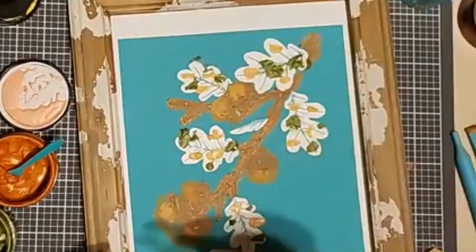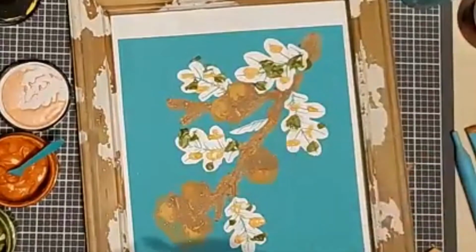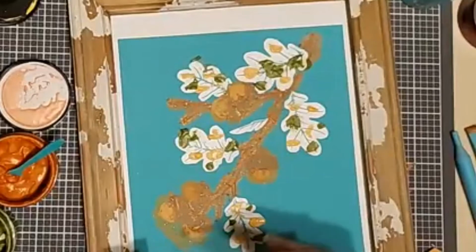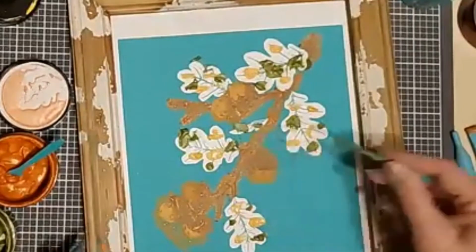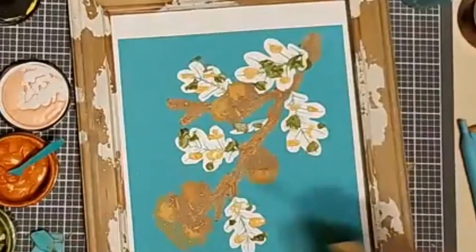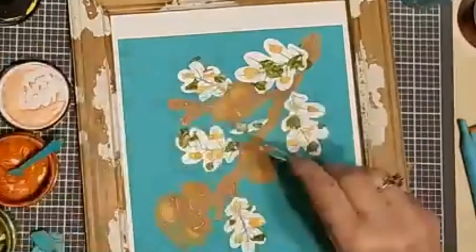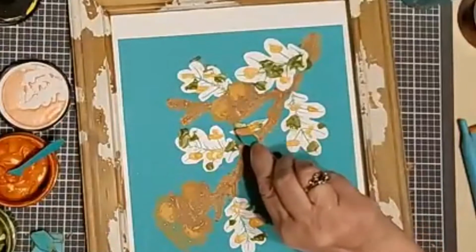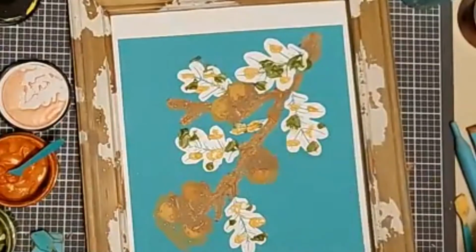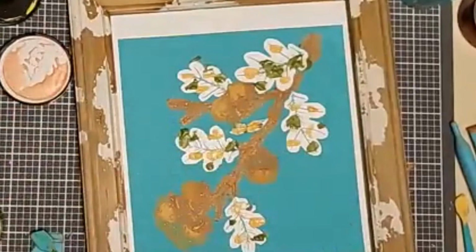Oh, did I miss anything? I need a little bit more here. I said I was a messy crafter. I am, definitely. Oops. Now, I want this color on this other leaf that I missed. I'll just dab it in here a little bit. Okay. So, what other colors did I need? I wanted to do... I didn't do my pumpkin by itself, so let me...